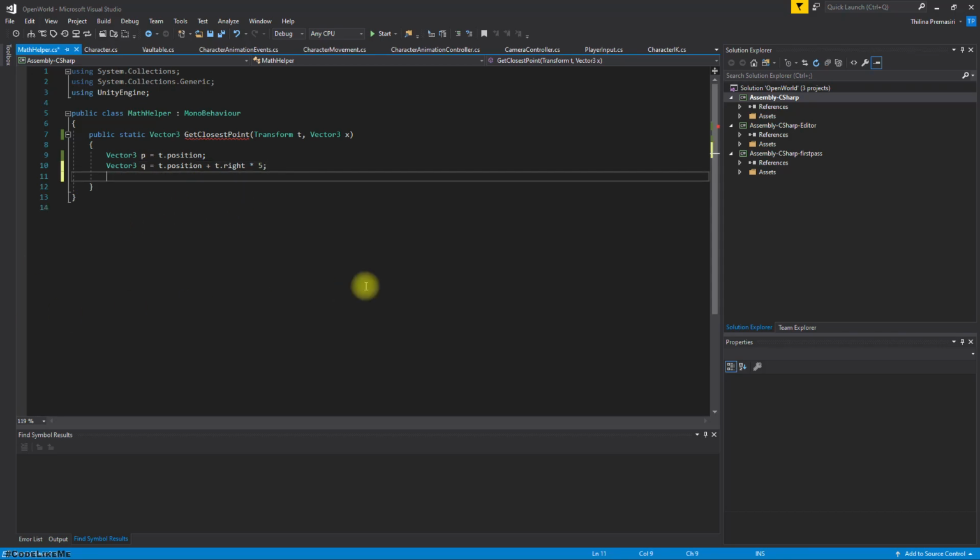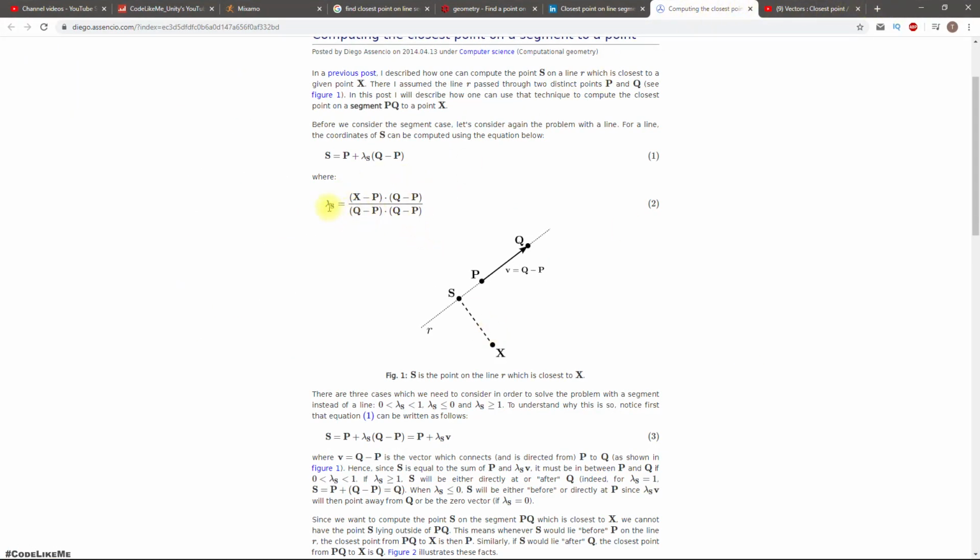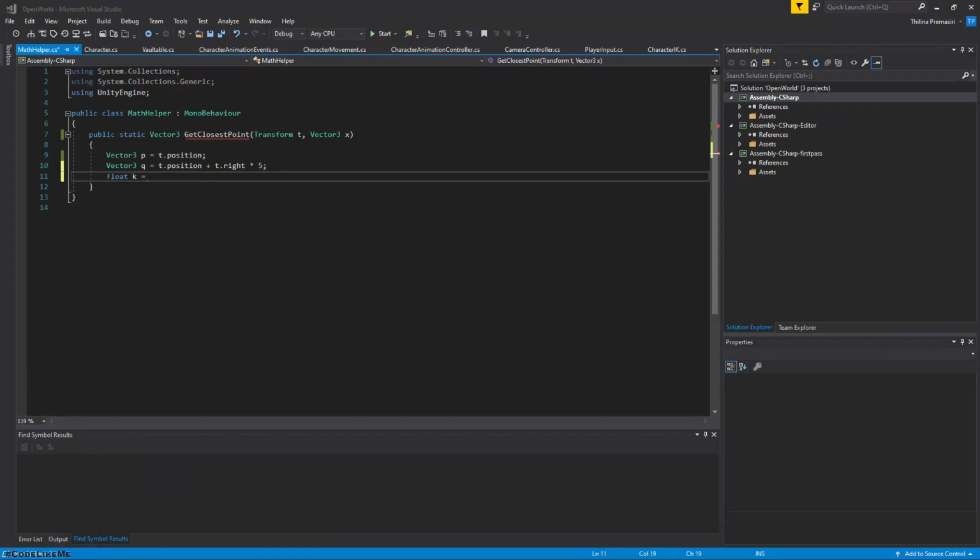Okay, and now lambda, float, let's say K, because I don't know how to type lambda on the keyboard, so let's take it as K. So according to this formula, I'm going to take lambda s as K. Then K equals X minus P dot, no,